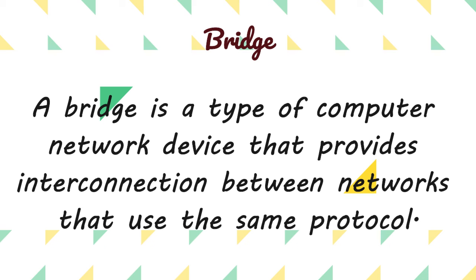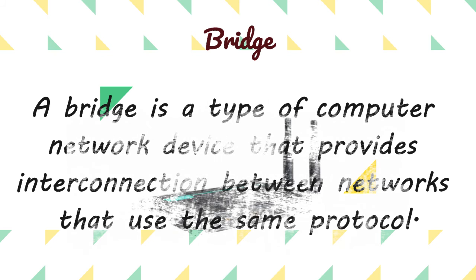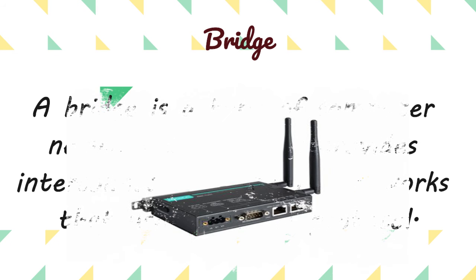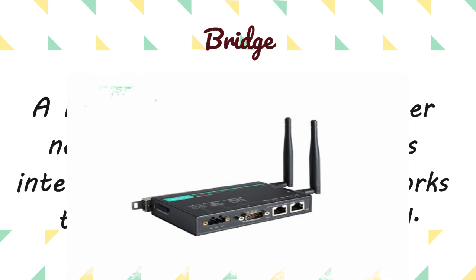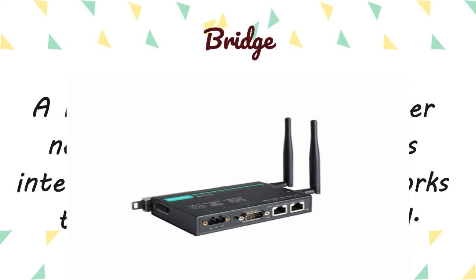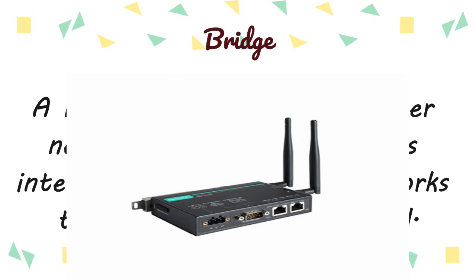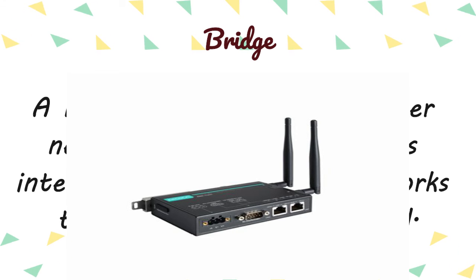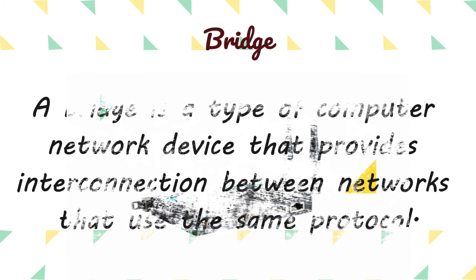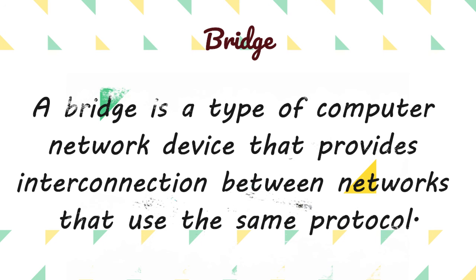Bridges are similar to repeaters and hubs in the way they broadcast data to every node. However, bridges also maintain the MAC address, or media access control address, in a table as soon as they are discovered. So, the subsequent transmissions are sent only to the desired recipient. Here, the MAC address or MAC ID is unique for every device. It is a physical address of the device. Bridges are also known as layer 2 switches.